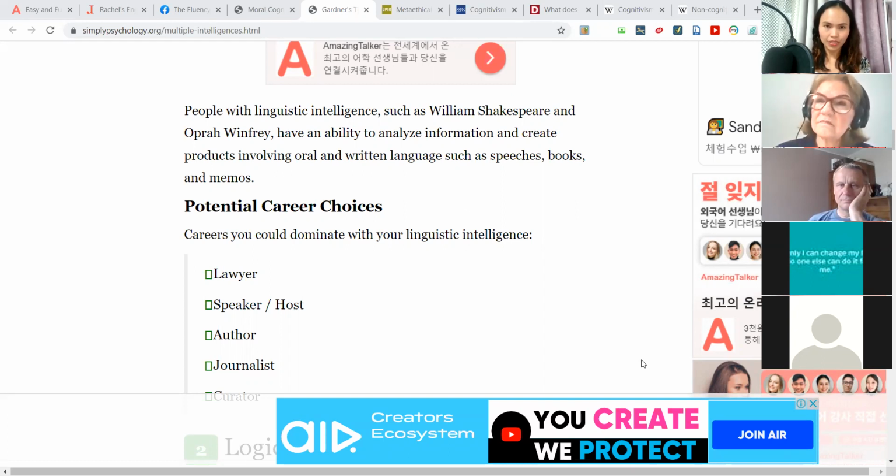Yeah, of course. At the same time, if you are learning a new language from your city, like me, I'm here in Korea, I'm also learning Korean. So I became a linguistic intelligence because I speak Korean, English, Bisaya, Tagalog. So I speak different languages, right? So if you speak more than one language, then you are a linguistic intelligence.